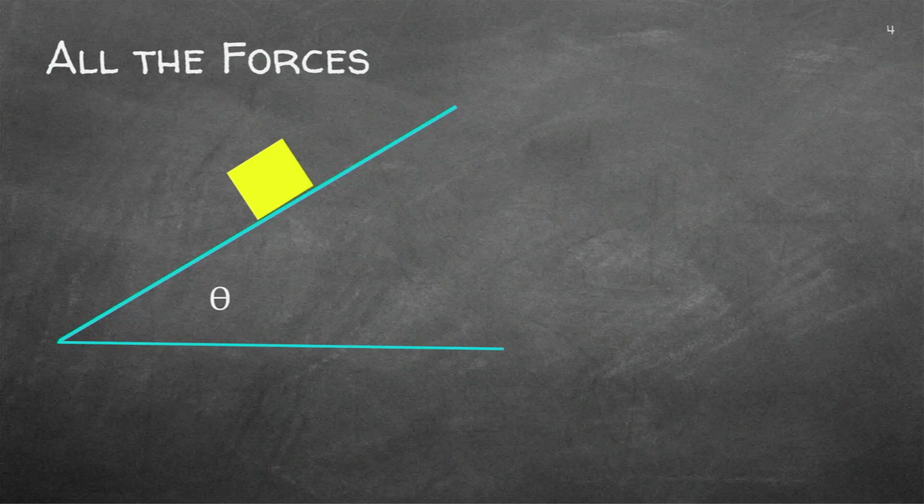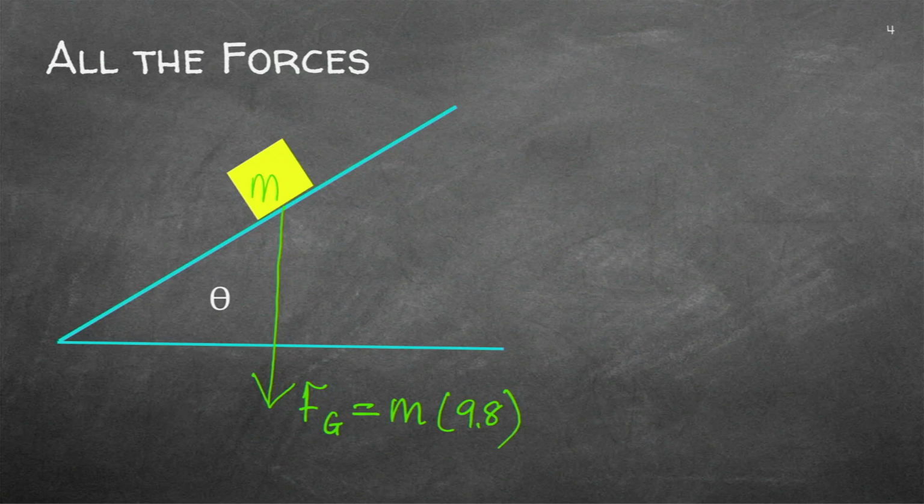Now, just to revise what's happening on a slope. If you've got this object here, of some mass, you know, because you've done gravity and Newton's laws, that there'll always be a force down. You can calculate that gravitational force by using 9.8. So you always have that force. You always have the normal force. You don't always have the value, but you've got the normal force, and that's what you have always.